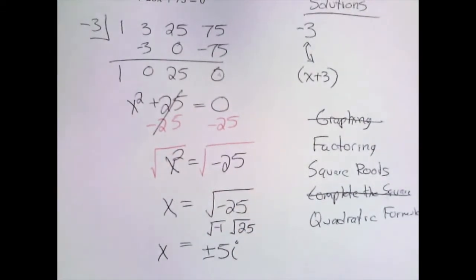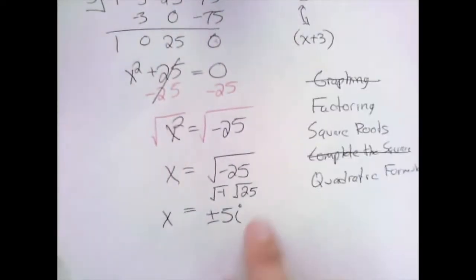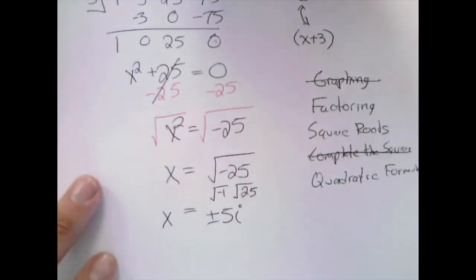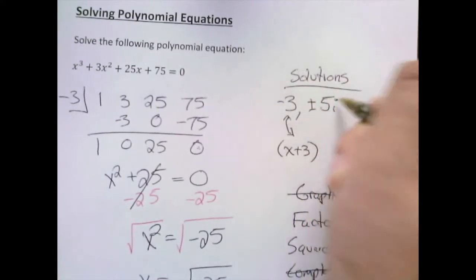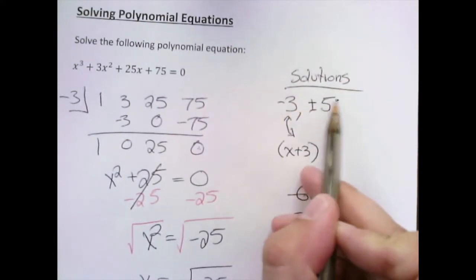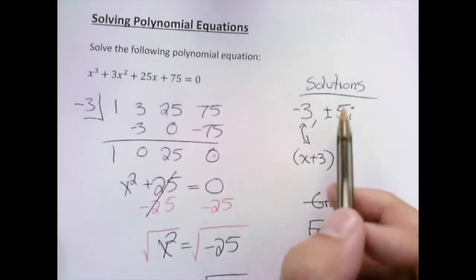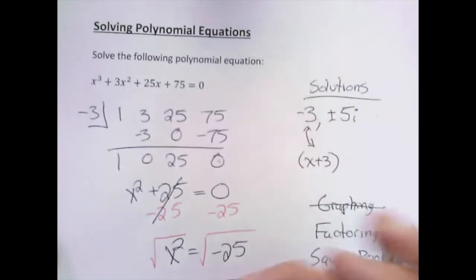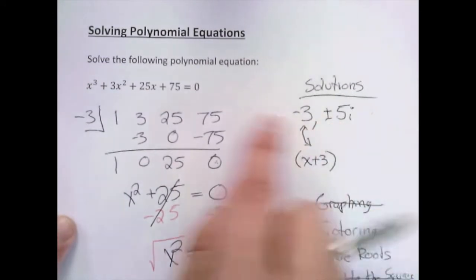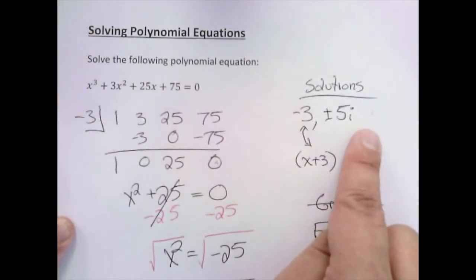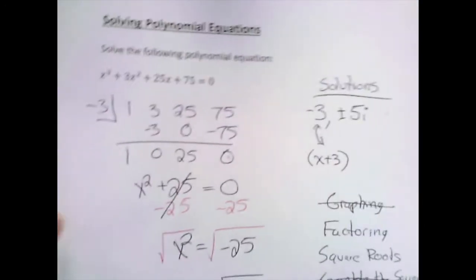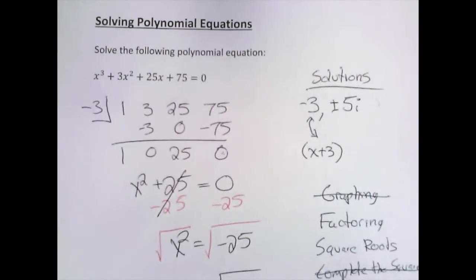So what we just found here is 2 more solutions, one being positive 5i and one being negative 5i. If I add that to my list, plus or minus 5i, I now have negative 3, positive 5i, and negative 5i for 3 total solutions. If you remember at the beginning of this problem, we talked about the degree being 3, so that means there should be 3 solutions. There they all are. Okay, I'm going to do one more problem with solving polynomial equations, a little bit more